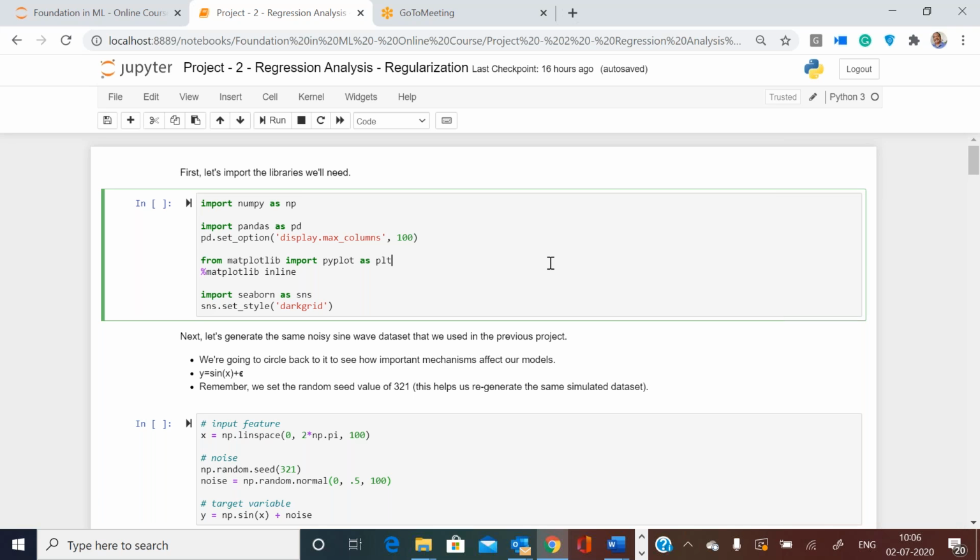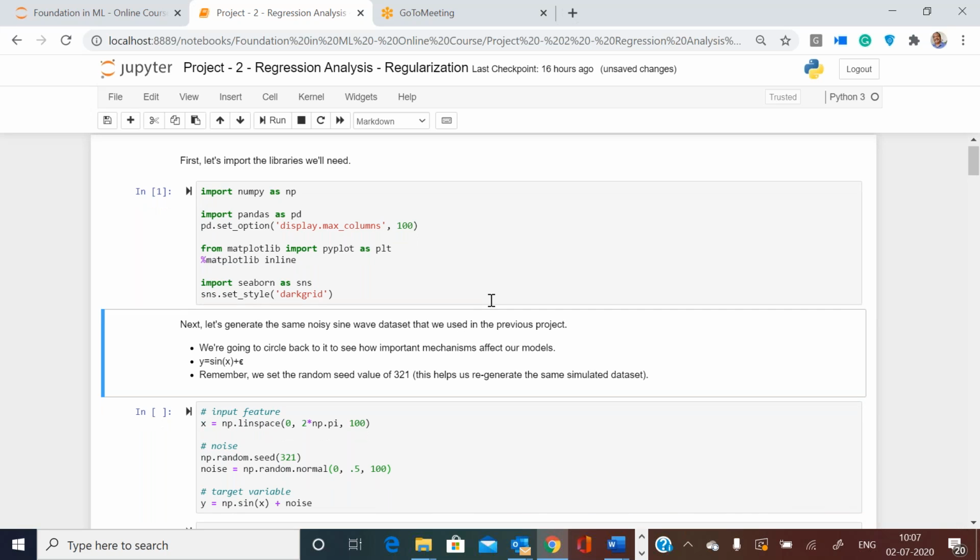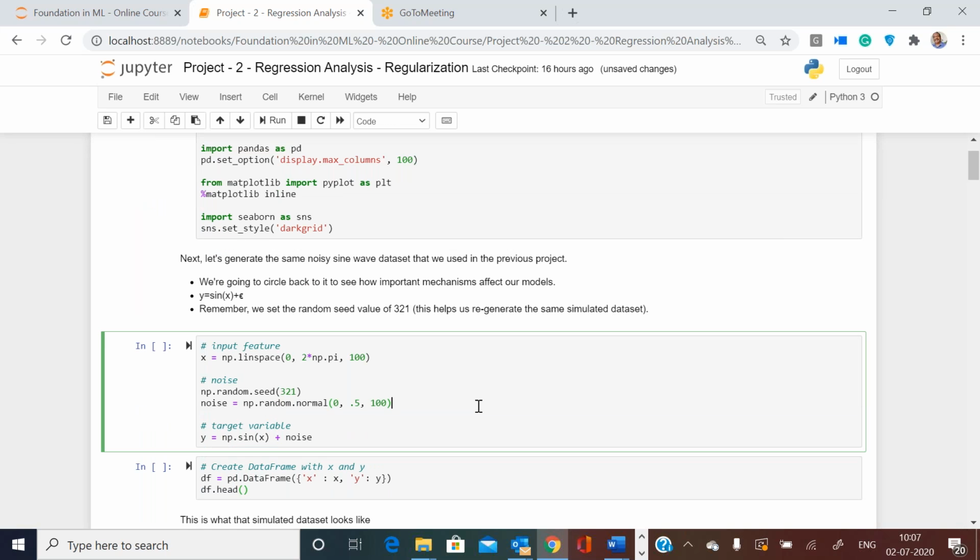So anyway, this is my header file. All of us know, we are importing all libraries that are useful: NumPy, Pandas, Matplotlib, and Seaborn. Then this data we created last time. We have created X using np dot linspace, linearly spaced values from 0 till 2 pi, that is around 6 point something.